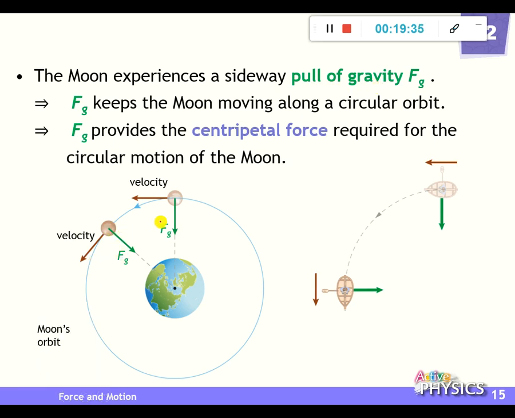As a result, when you look at this diagram, you can see that initially the moon wants to move in a straight line in the tangential direction. At the same time, the Earth gives it an attractive force towards the center. Then finally, it will change direction, for example to this. And then once again, the moon wants to move in this direction, but it can't because we have the other pulling force, gravity, to pull it back to the original circular orbit, like that. Finally, it will keep the same orbit forever.